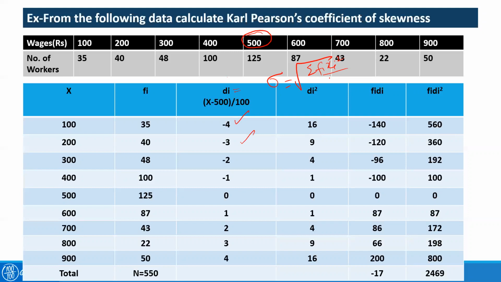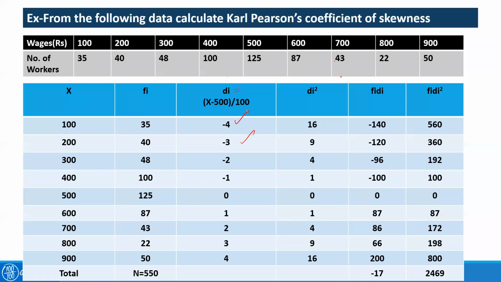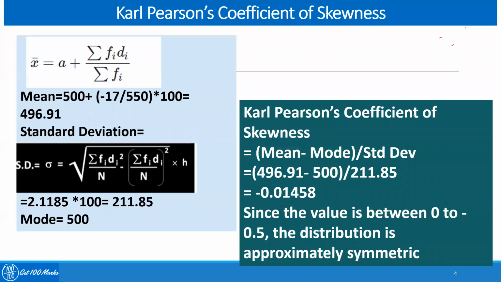square root of summation fi xi square divided by summation of fi. But if we use the assumed mean method, the formula will be a little bigger. Let's see it in the slide. Therefore, now the standard deviation sigma equals the square root of summation fi di square by n minus summation fi di by n, whole square, the entire thing under the square root, and outside multiplied by h. h is the number by which we have divided. This h is the 100 by which we divided to make the di very small.